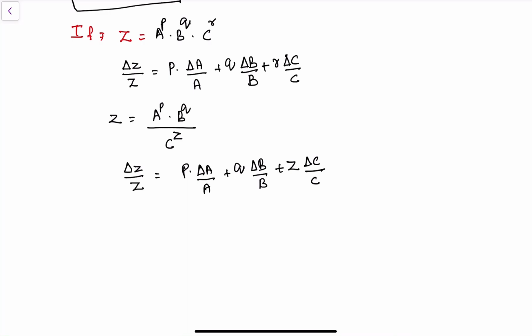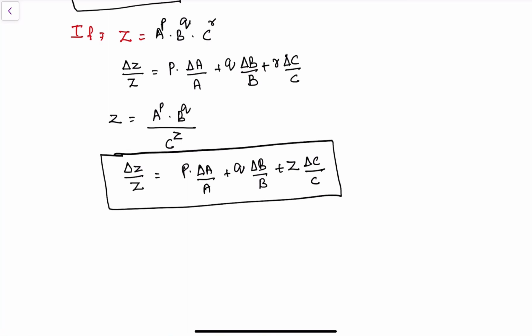So you should not write negative as it is c power minus r. Errors are always added. Don't subtract them. Okay, errors are always added. So don't be confused that I should write it as c power minus r and make it negative. You should not write like this. So this is a general combination. Most probably this type of problem is asked for 4 marks, 2 marks or 1 mark questions. In any way they can ask. Let us see a simple problem, then you will come to understand.